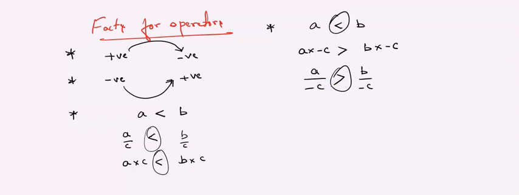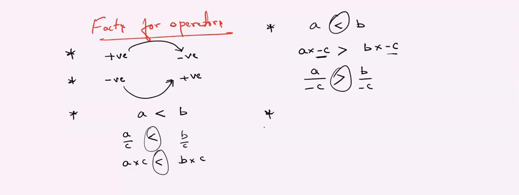If each term of an inequation is multiplied or divided by the same negative number, then the sign will be reversed. It will become opposite to that. If it is less than, it becomes greater than. If it is greater than, then it becomes less than. Is this clear? Good. So the next property is, if the sign of each term on both sides of an inequation